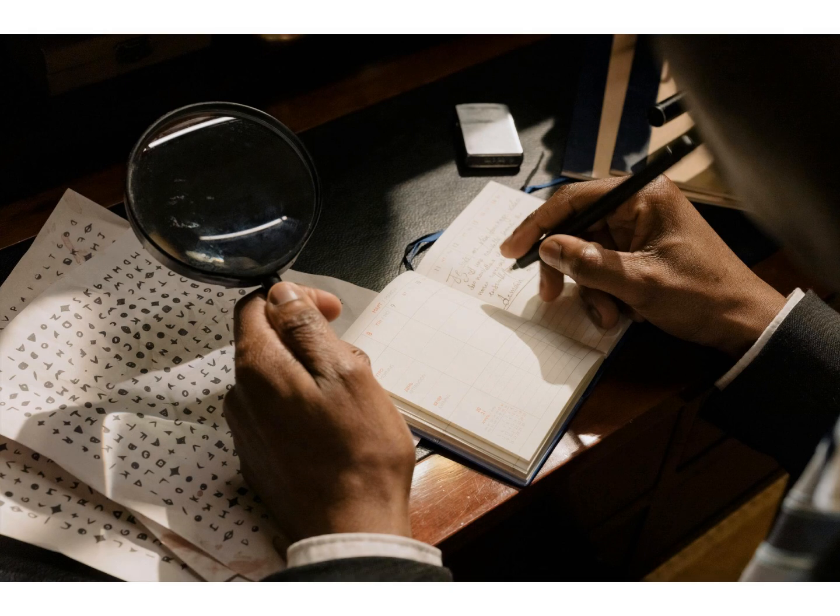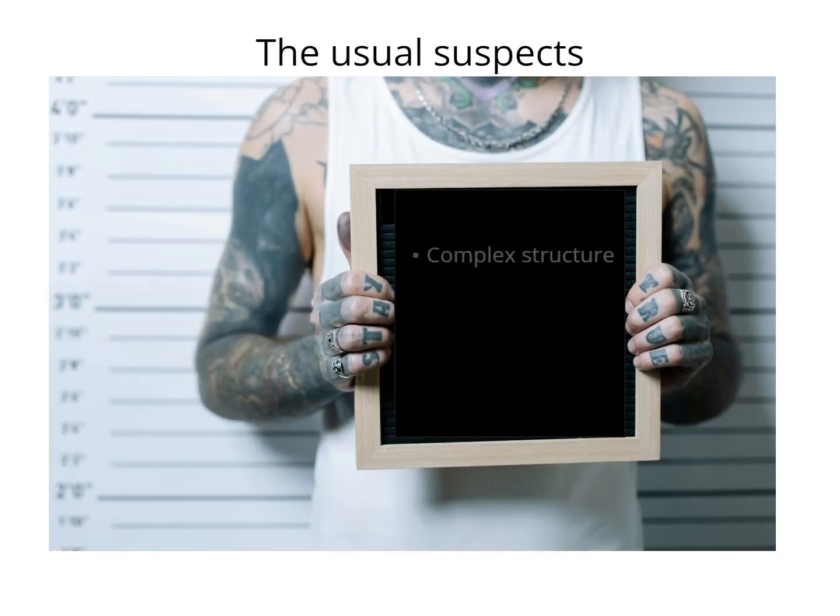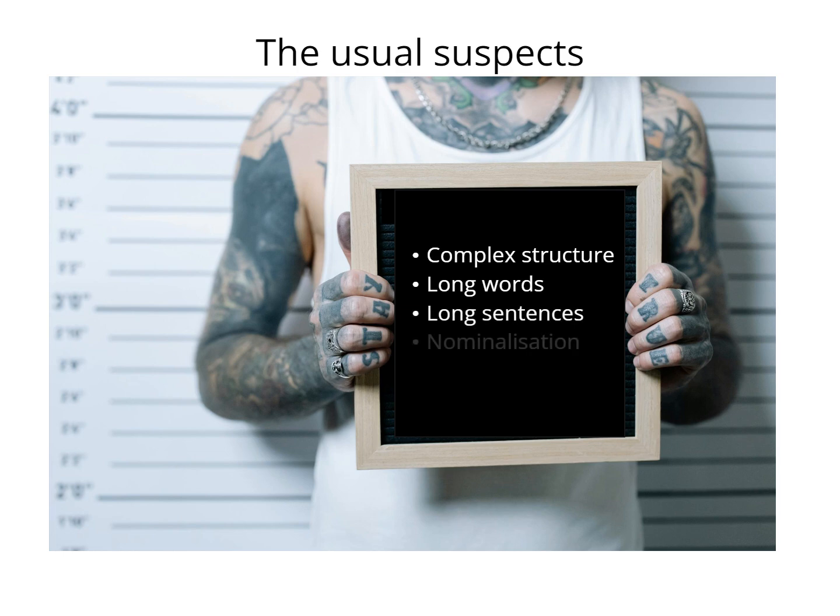Now that we've done our detective work and discovered what the main causes are, let's look at what the usual suspects are so we know how to fix it. Again, if you'll be ever so kind to click on the magnifying glass for the big reveal. And here they are, ladies and gentlemen. Complex structure, large paragraphs, no headings, long words directly from the French, long sentences, anything where your breath runs out, nominalization where we use the verb as a noun, which we'll talk about, and passive voice where we don't know who does what.